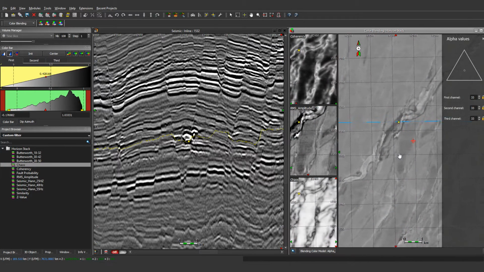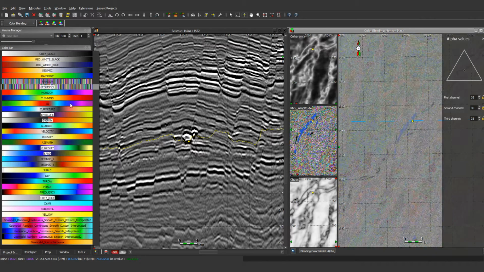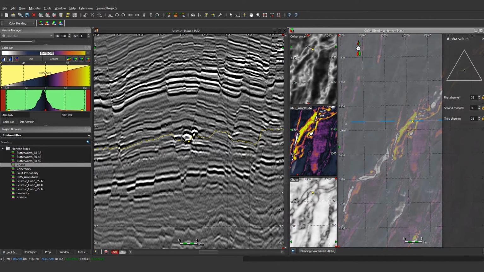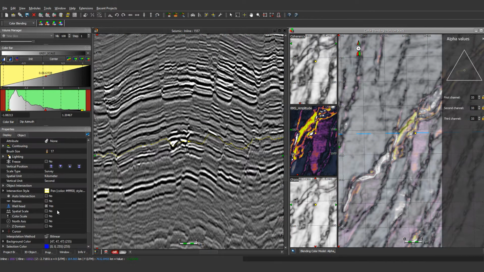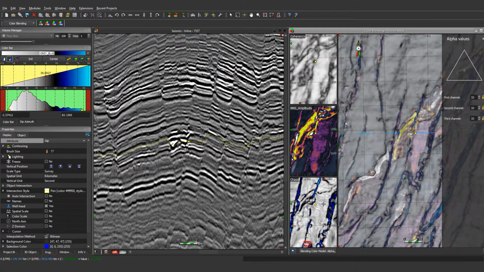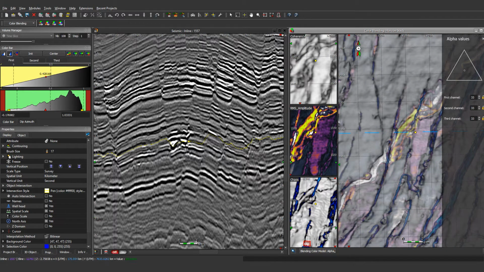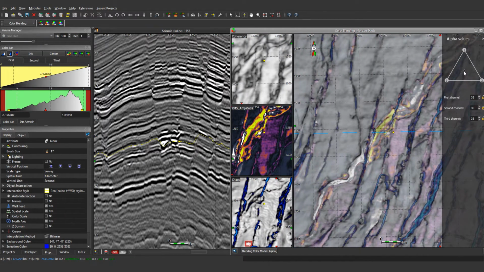The last way to analyze data is to use the alpha blending, where we just color blend the different color bars, which are not true colors, but pure 8-bit color bars with 256 colors. Then you just have to go on each channel, select the right color bar, and then co-blend on this viewer here on the right side. What is also interesting to do is to compute on the fly surface attributes. So now I'm mixing the coherency, the RMS amplitude, and the chaos on the same window to visualize where I have the faults and the channel.